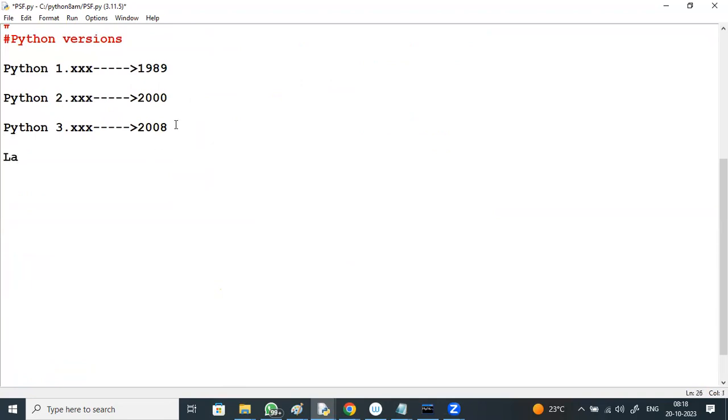Latest version of Python is 3.12. That is the latest version.